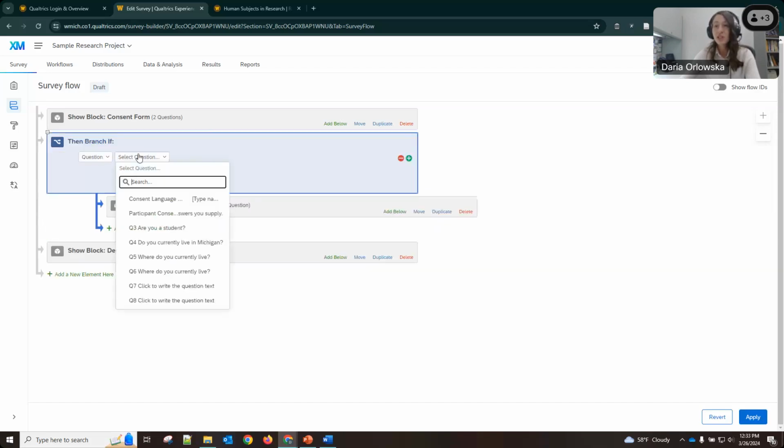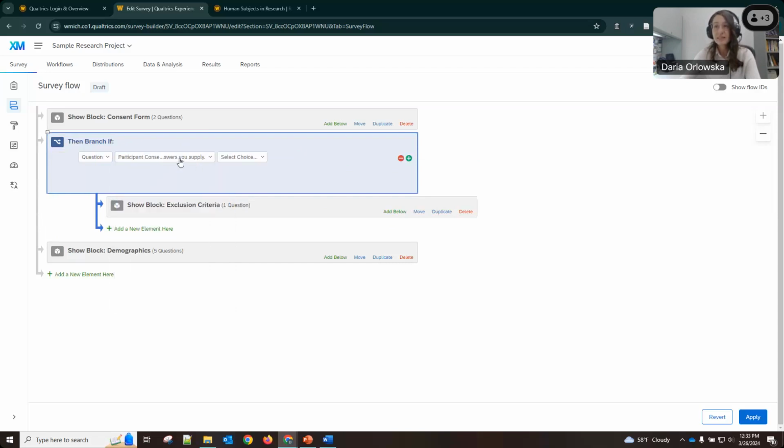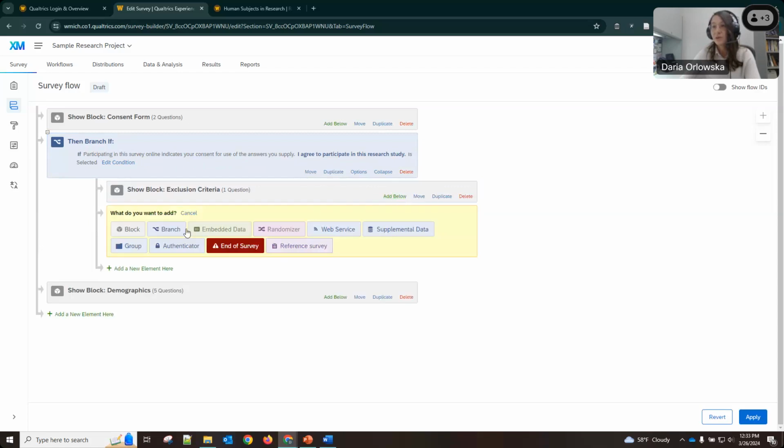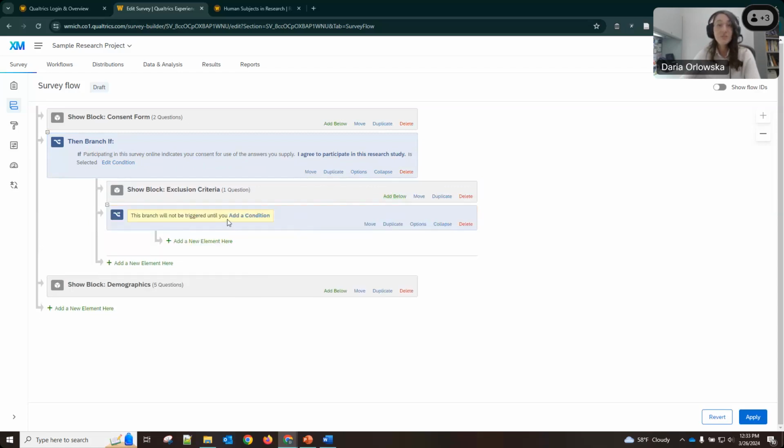So if the question participant consent is supplied, and they say, I agree to participate, then they will be shown the exclusion criteria question. Okay. And then after the exclusion criteria question is shown, we're going to add below, we're going to have another condition because we want these to be students.